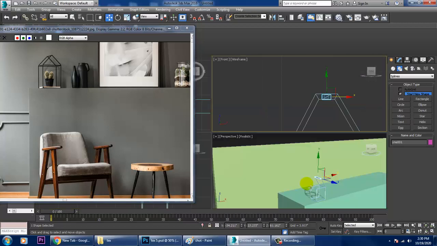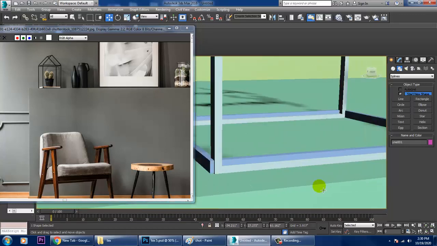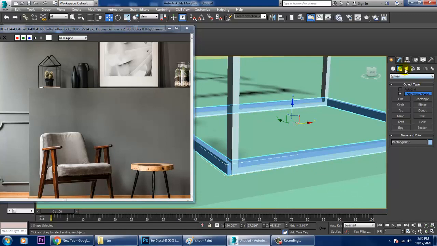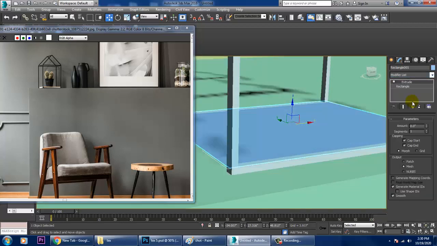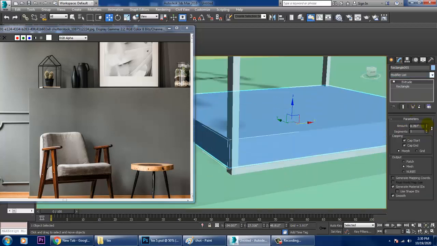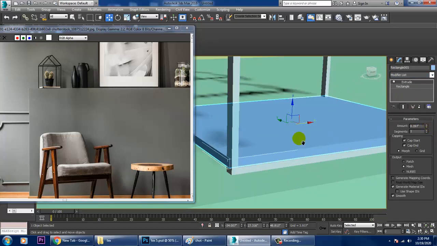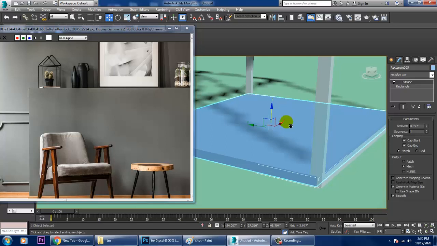Alright, once you're done with this, I can select this part, go into the modifier and give an extrude modifier, push it up over there, push it down.